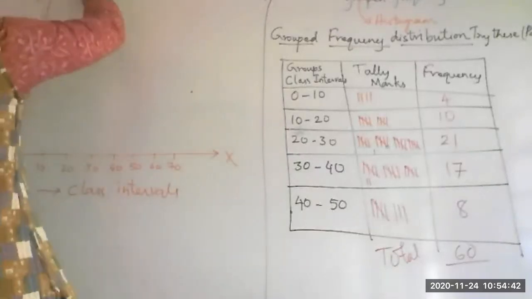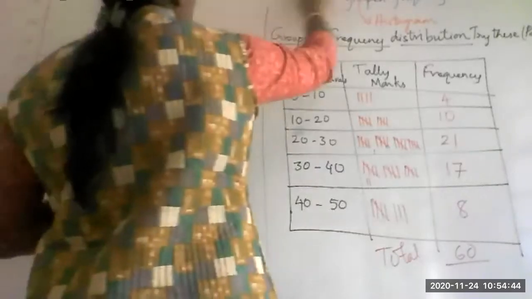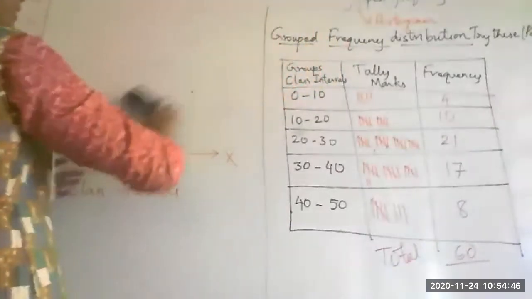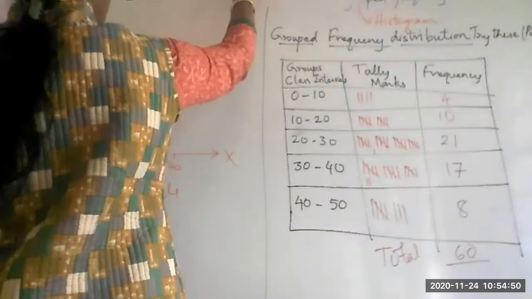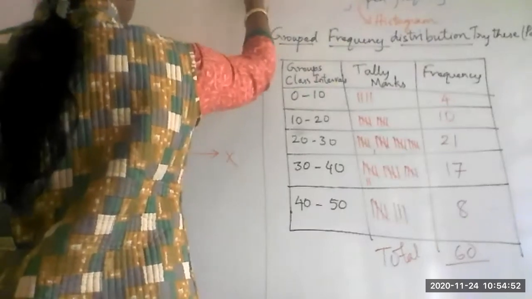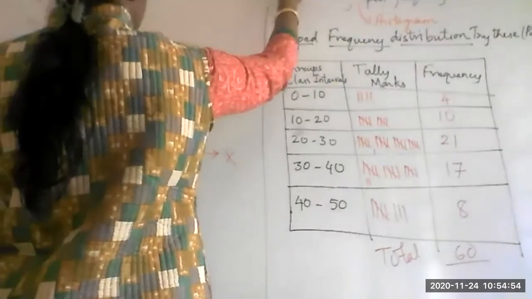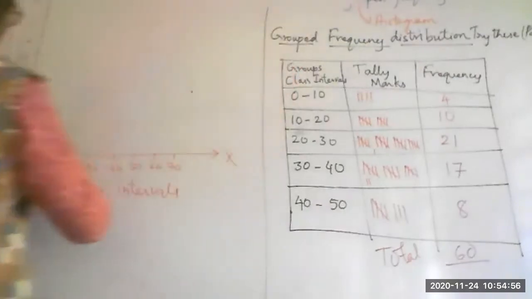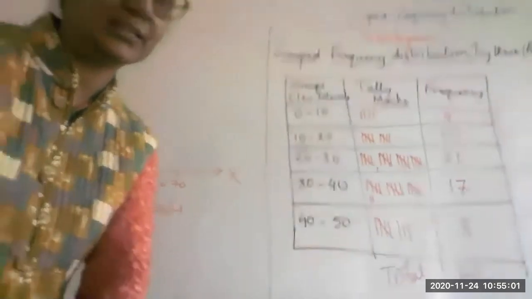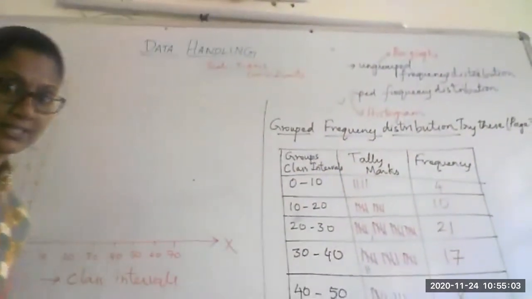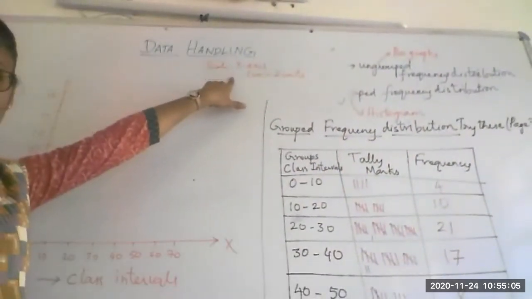The scale should be written as, on the x-axis, 1 centimeter. That is every square that you mark. On the y-axis you will write the scale: 1 centimeter equals 2 units. Every 1 centimeter you have marked is 2 units. This you have to write. It is very, very important to write the scale in your graph, in the right-hand side corner.